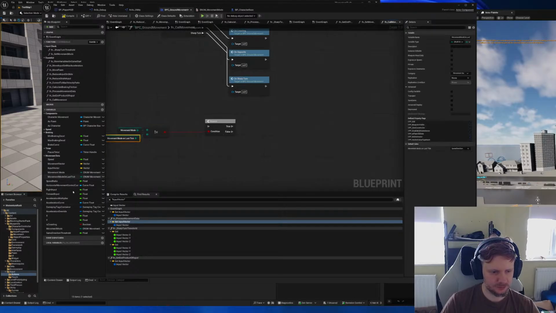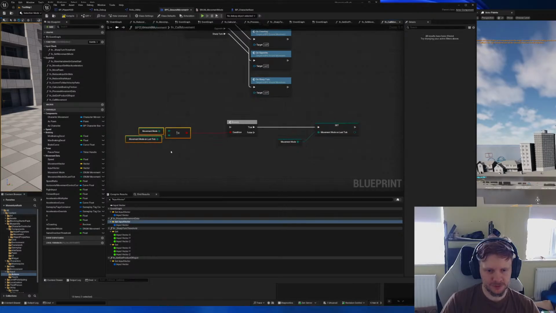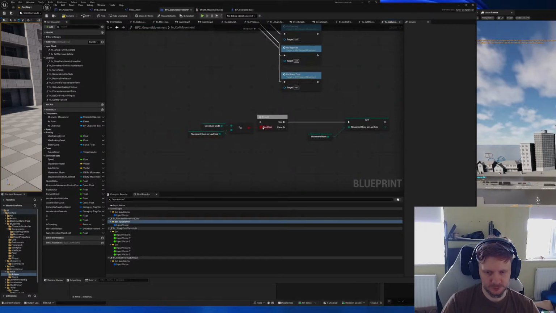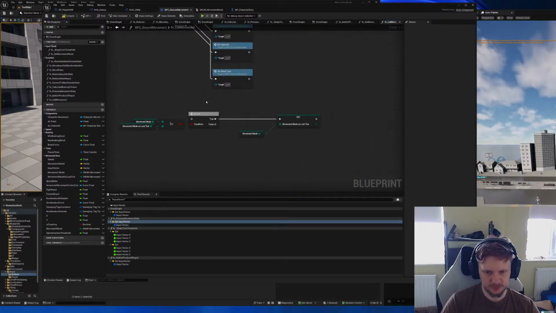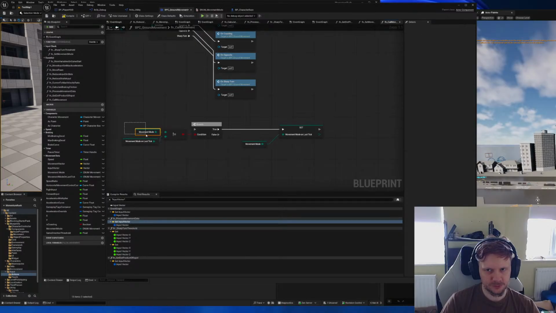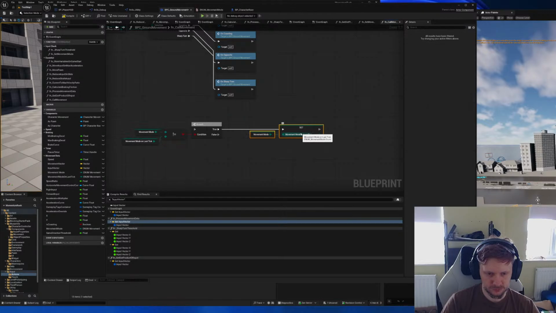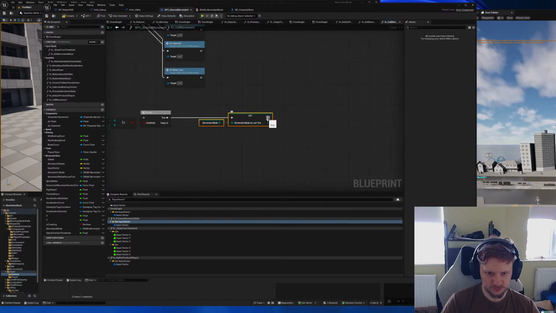I'm just going to update movement on last tick to this value. Basically, it's a simple check. If last tick movement is not the same, I want to update this, and also I want to call